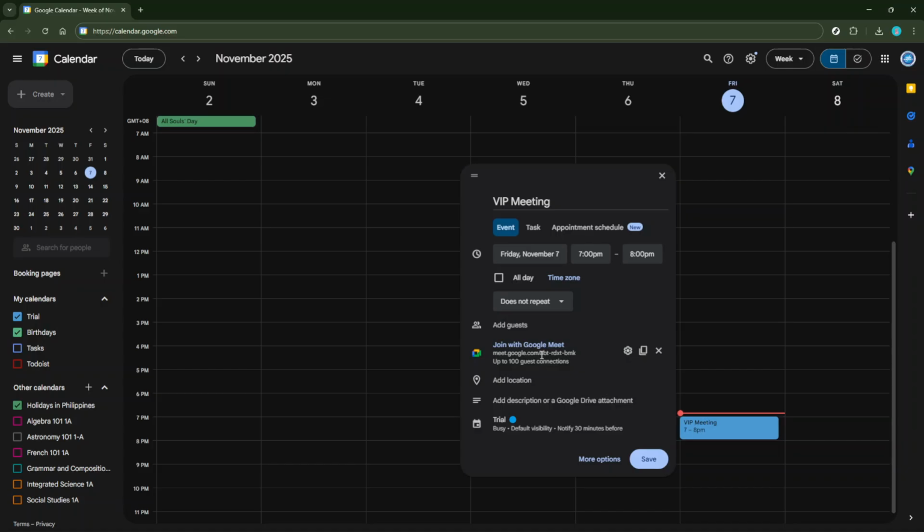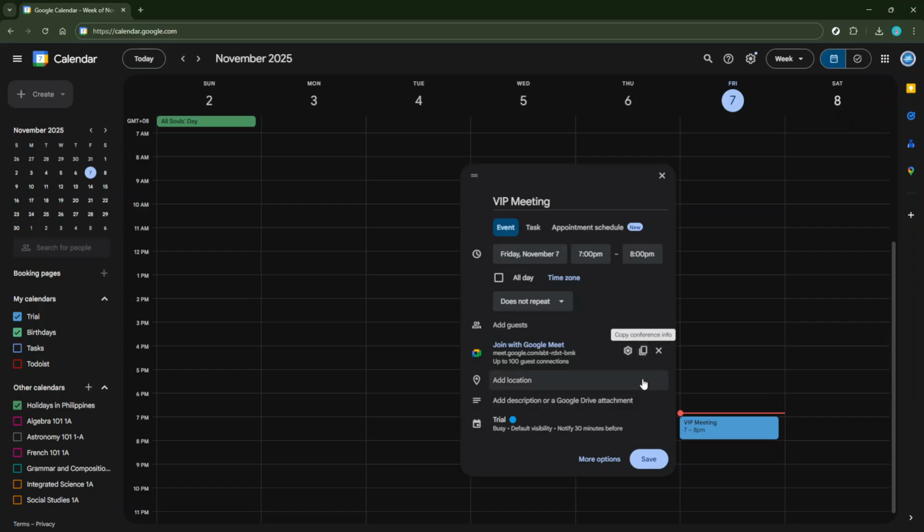If you have others who need to attend, you might want to add them now. Although this step is entirely optional, it's often pretty useful when organizing larger meetings. Simply input each guest's email address in the designated field. Google Calendar will take care of sending out the invites for you. It's a seamless way to keep everyone in the loop without having to send separate emails.